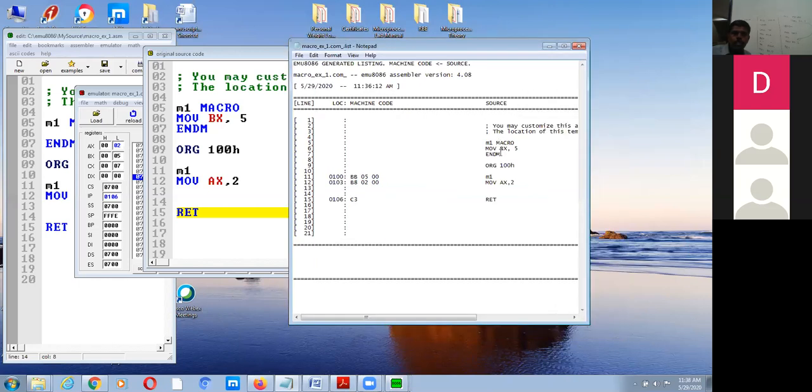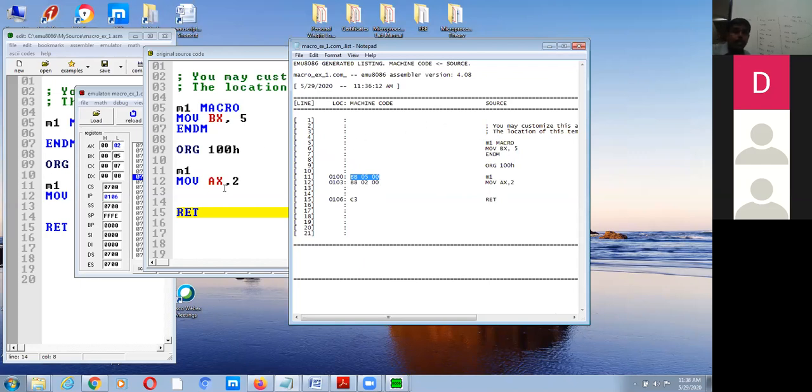Okay. So first, you are writing the macro here, with this code: M1 MACRO, MOV BX, 5, and ENDM. At M1, what is happening is this is machine code. This machine code is nothing but moving 5 into BX.